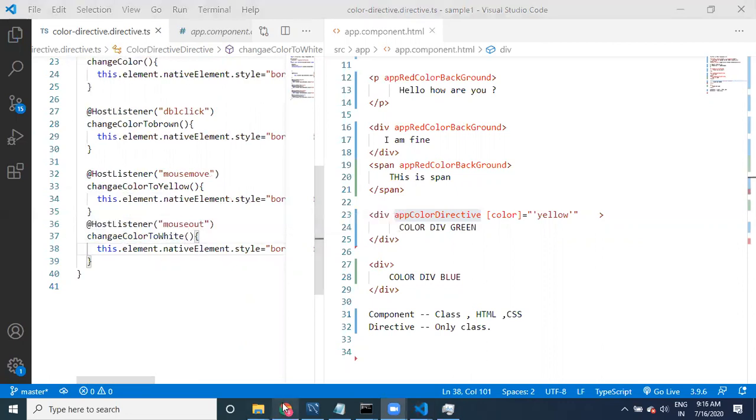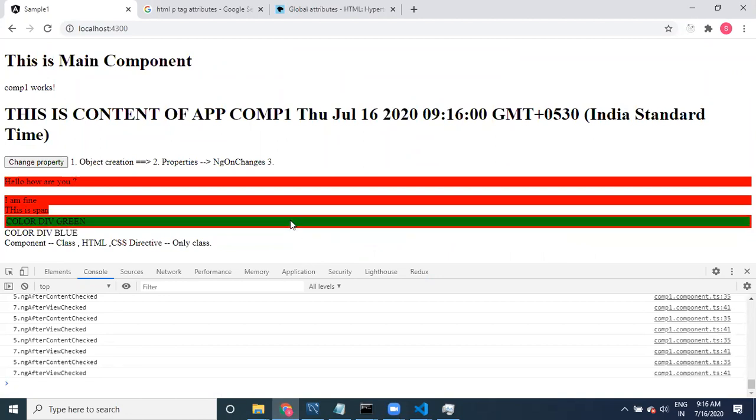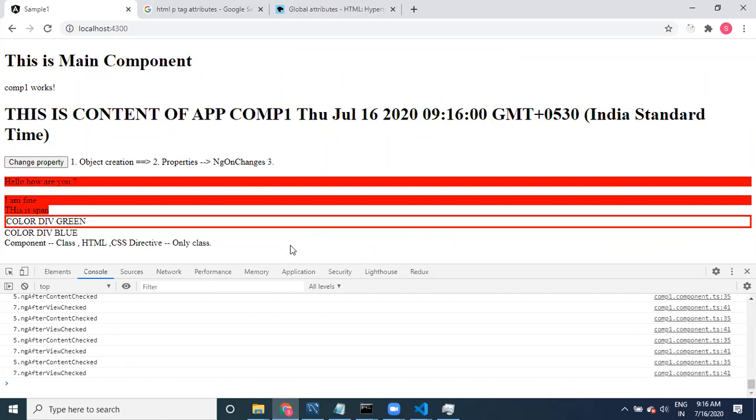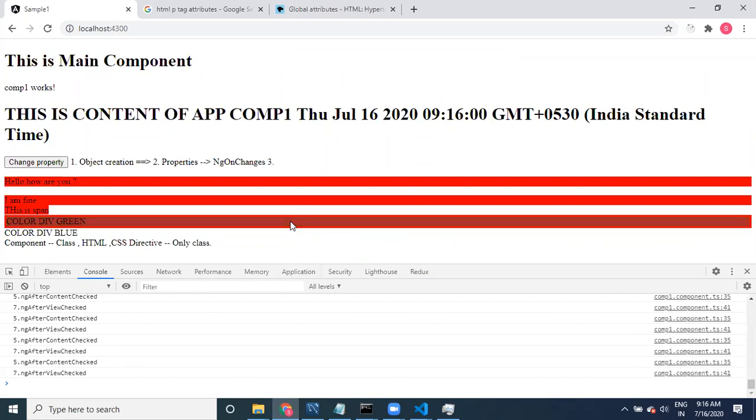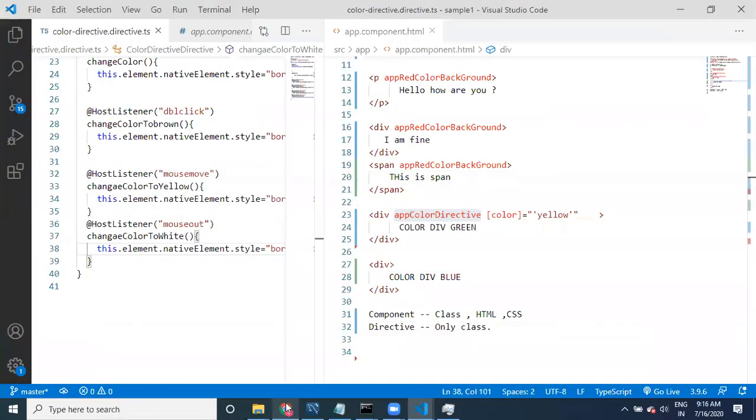Come out white color, go yellow, come out yellow. See here guys, if I click on that, green; double click on this, brown. If I mouse out, the background color is going to become white color. That's how it is going to work, guys.